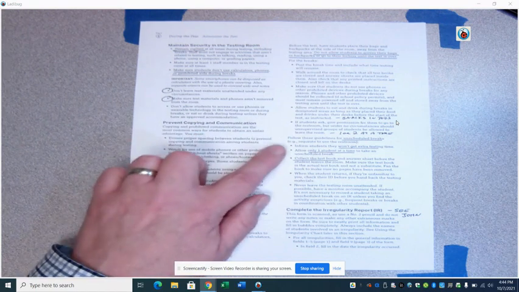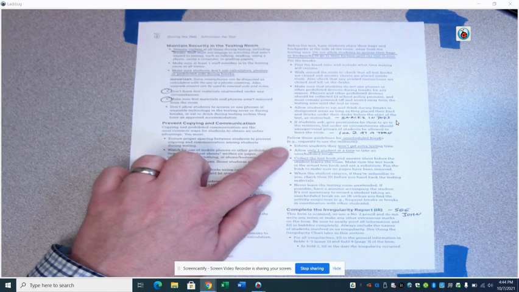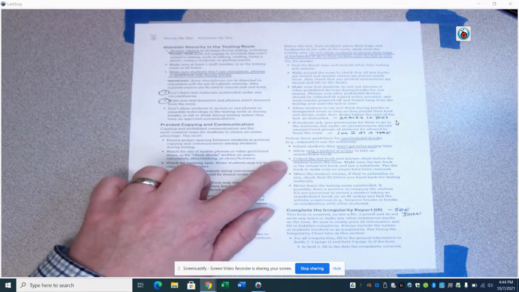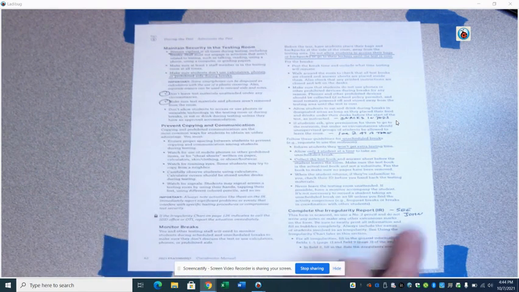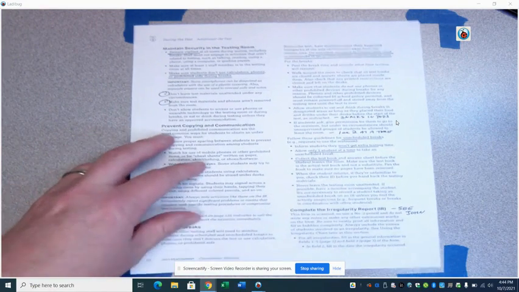Same for bathrooms. If it's an unscheduled break, so that's during the test, and a student wants to use the restroom, let them know they don't get extra time, only one student at a time there. Make sure you collect their test book and answer sheet, put the answer sheet inside the book, and you're going to collect that. As I said, if there's any irregularities, make sure you see me, and I will walk through that with you, and we'll figure out what to do with that.